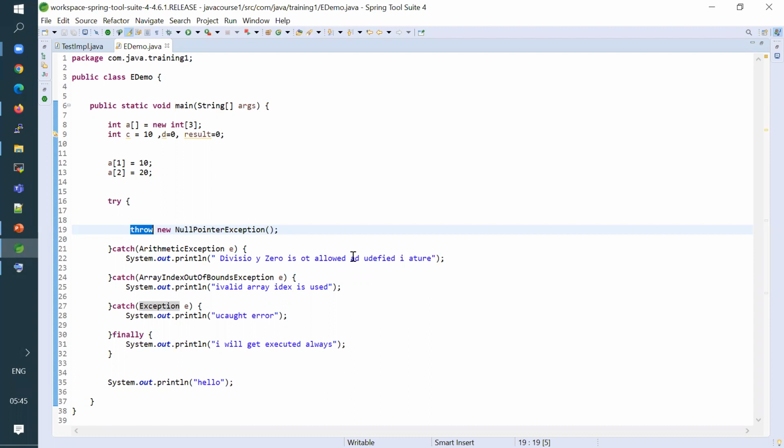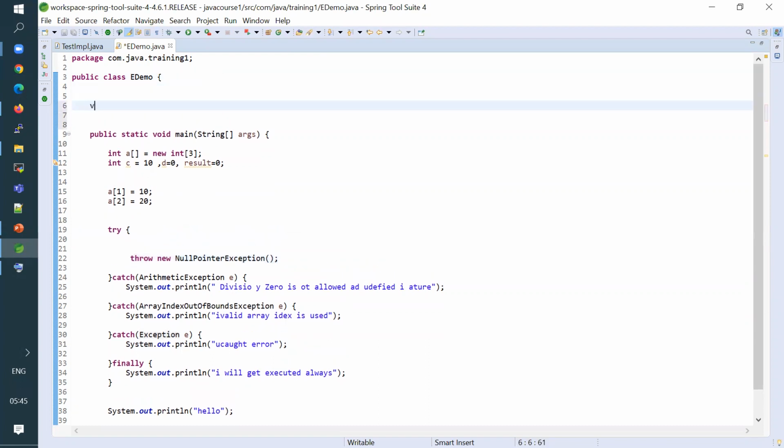Okay. So now I was explaining about the throws keyword, which will be used in a scenario where you have a method which is capable of causing certain exception, which it is not handling, but it must specify this behavior. So whoever is calling that method will guard themselves against that exception. So to understand this, I'm just creating one method.